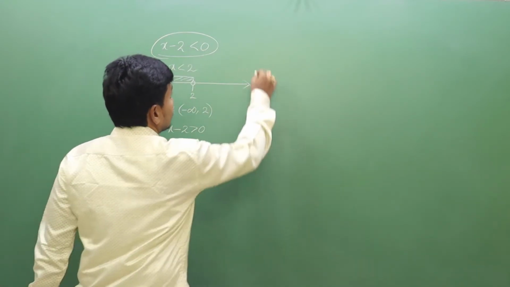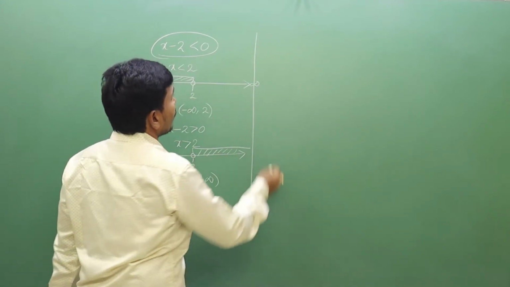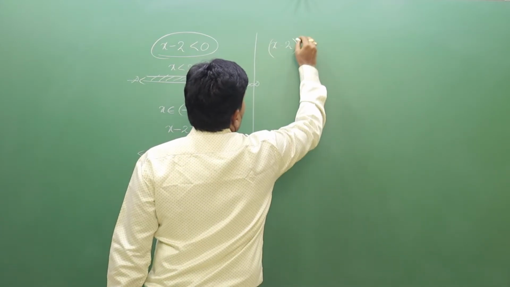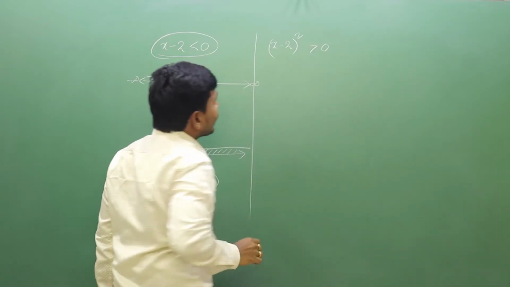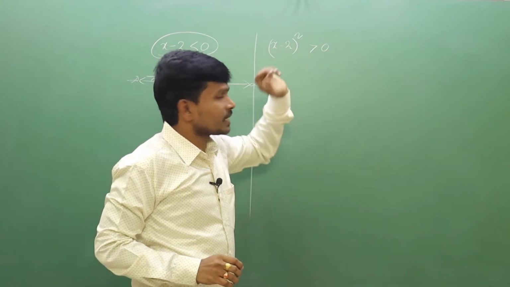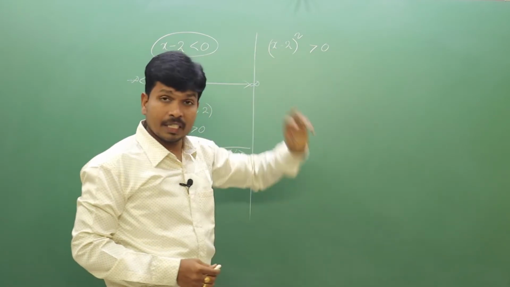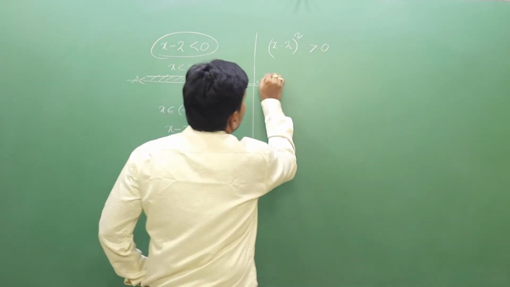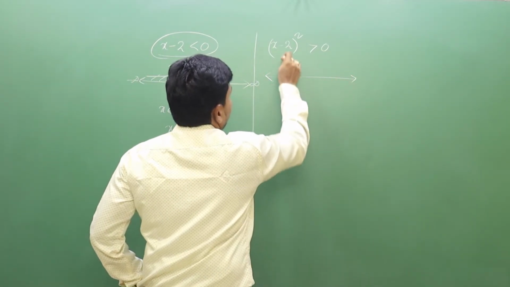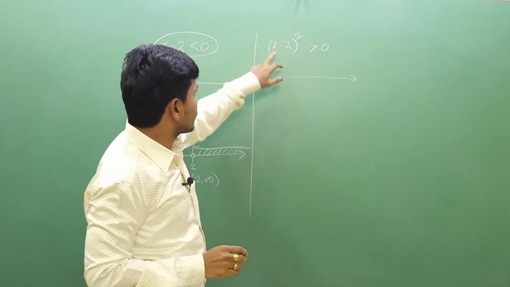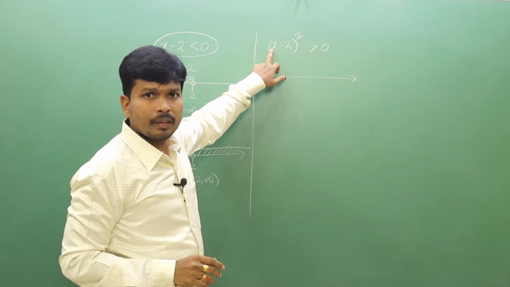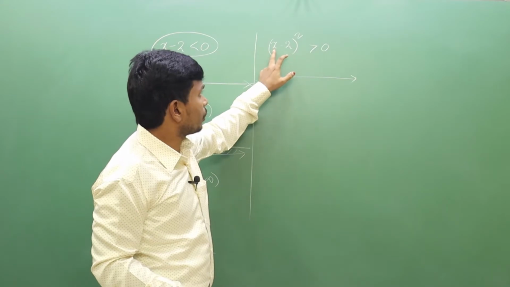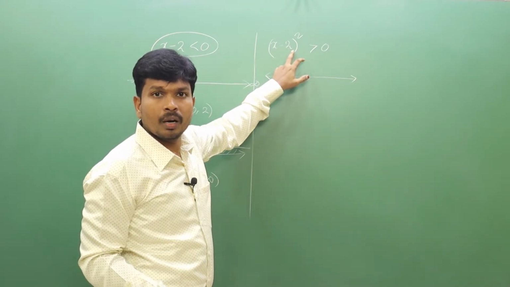Okay, listen carefully. See, one problem I am giving you like this. X minus 2 whole square greater than 0. What are the x values which satisfy this inequation? Those values must satisfy this inequation. Okay, how is it? See now. Just you take it here. First you find the zeros. Here what do we do? What zero value do we get? For which value of x will you get this expression 0? 2. You take x at 2, 2 minus 2, 0.